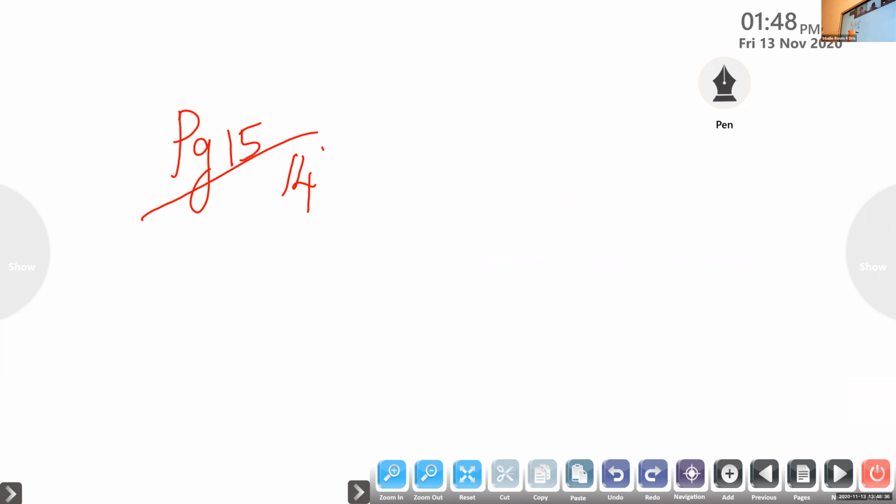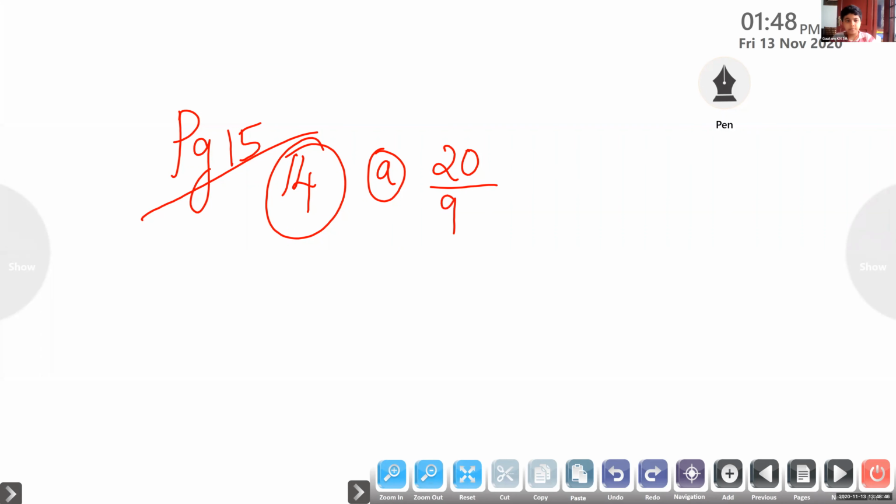All the children, 14A, we are going to do by the division method. 20 divided by 90. Now, children, when dividing the numerator and the denominator, you have to use the same number. These are even numbers ending with 0, so you can divide by 2. So divide numerator and denominator by 2.